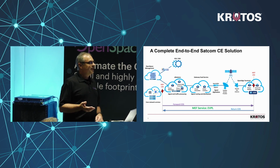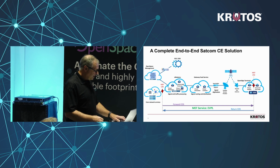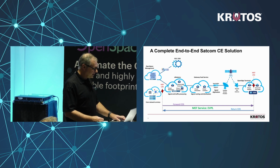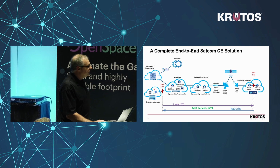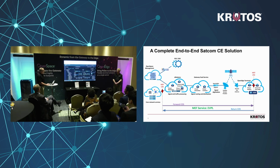You can see how easy it was to get this end-to-end solution configured. Now, one of the things we do offer that's quite interesting is that when you set up this network, you can actually set up a dynamic frequency allocation option, and I want to show you quickly what I mean by that. So you can see here, this is